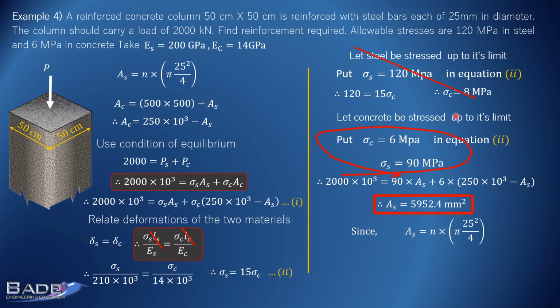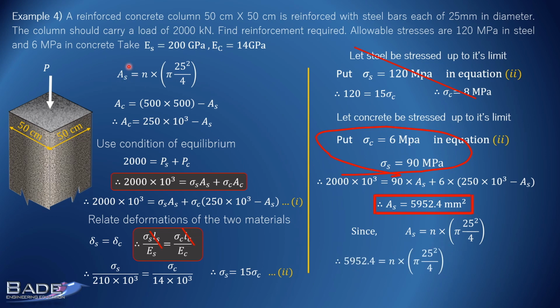Try to understand now what I am telling you. Now, how many rods are required? That depends on how thick or how thin the rods you are using are. Here we are asked to use 25 millimeter rods. If you use a rod of diameter 30 millimeters, say, the number of rods required is less. If you are asked to use rods of diameter 20 millimeters, the number of rods required is more. Since we are given the diameter of the steel rods to be used in this column, we will be able to find out exactly how many rods are required.